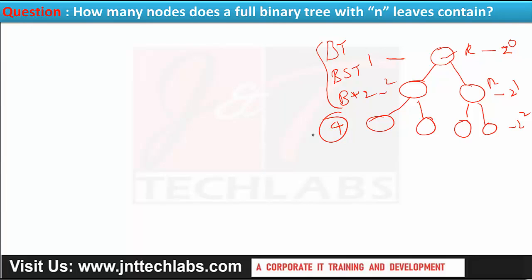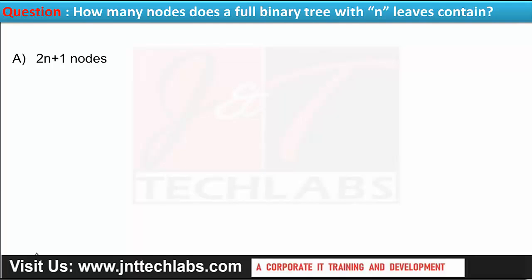Understand that. These are the different things we should understand about data structures, and I have also created a separate video on trees. Just go there and try to understand this one. You will get it. If any clarification is required, mention it in the comment section. So what are the answers they have given? Now see: 2n plus 1, log 2n nodes, and 2 to the power of n minus 1 nodes,